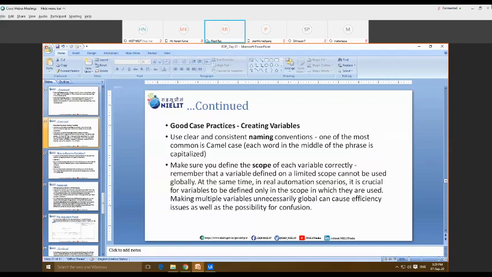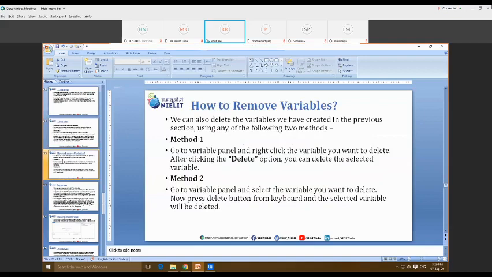Now we'll see how we can remove the variable from the activity or the file. If at any point of time our variable is not required for the automation project, we have to remove that particular variable. So we'll see how we can remove the variable from the workflow file.